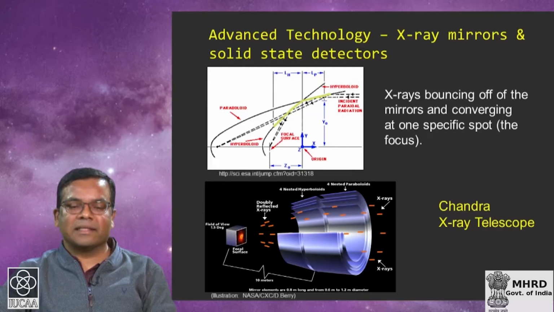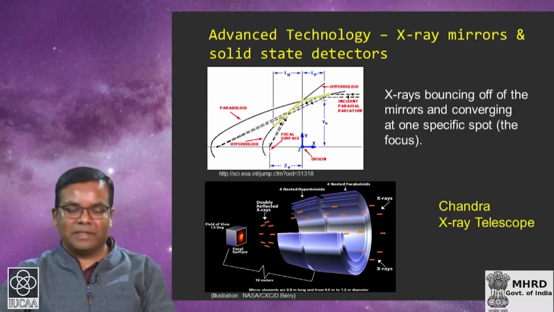The incident X-rays are reflected once by the paraboloid mirror and a second time by the hyperboloid mirror, and finally they are focused onto a focal plane. In order to increase the effective area of such a telescope, one needs a large number of these mirror pairs. Here you see an example, the Chandra X-ray